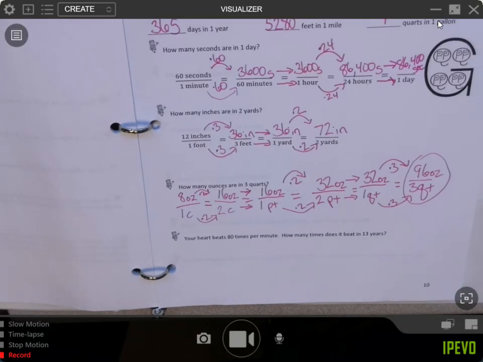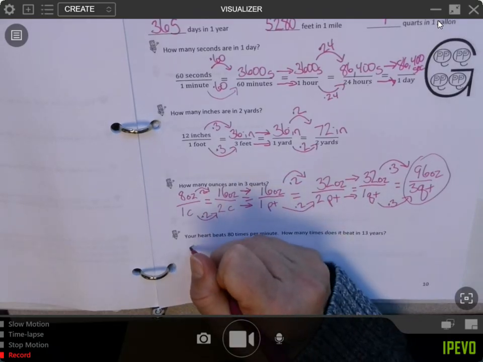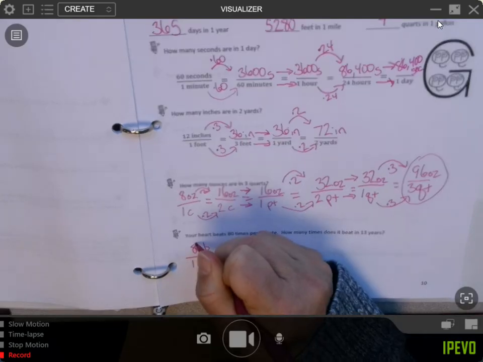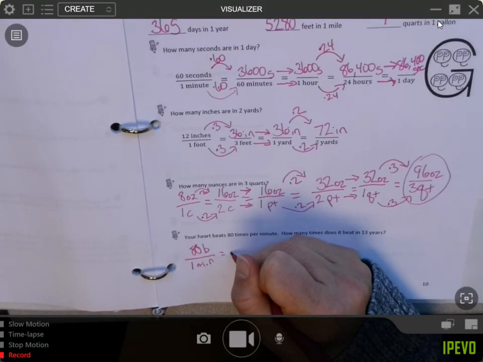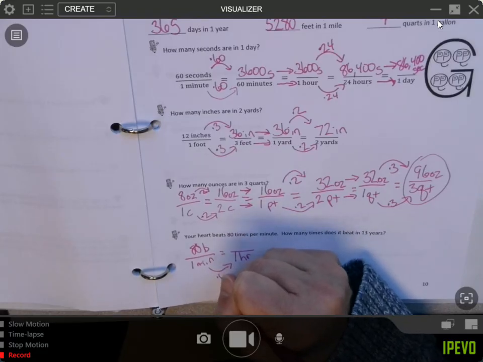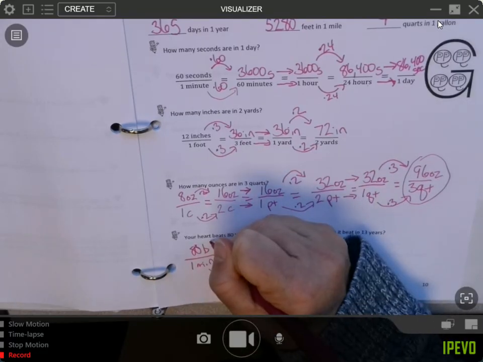So you have 80 beats per minute. So you multiply that by 60 to get it to 1 hour. So we want to go from minutes to hours. So we're going to multiply by 60. Now,